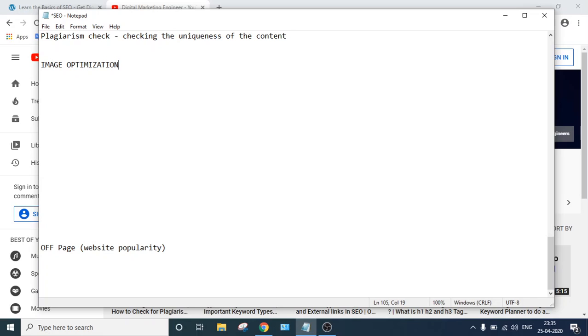So if you do not optimize your images properly, the behavior of your website will become poor, and your website will find a lower search ranking. Images also matter for website search ranking. So the ranking of your website will also depend on the image optimization. Here we can learn how to optimize the images. There are 4 basic image optimizations. So let us start with an example.